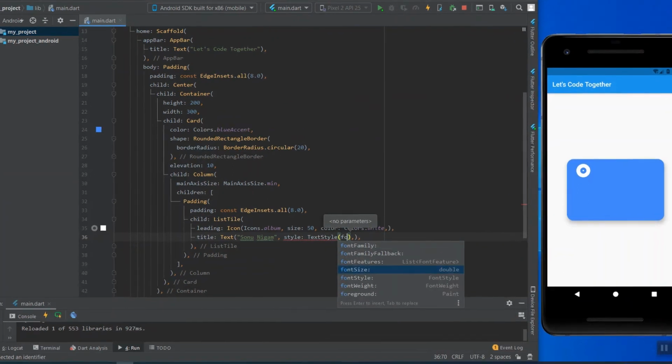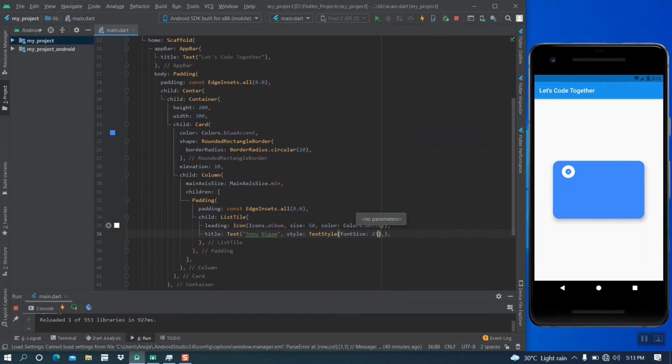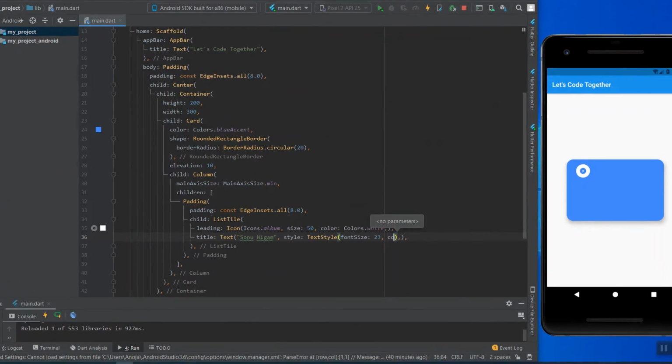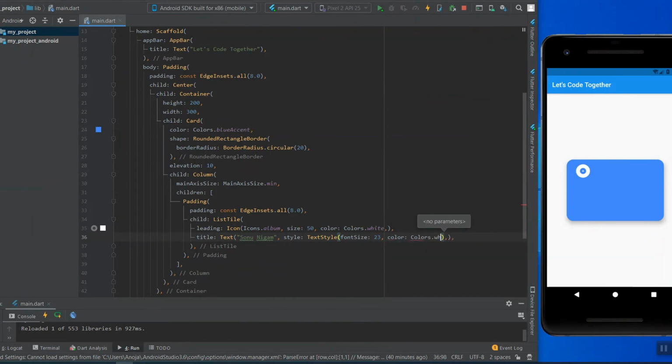I am giving a font size as 23 and I am changing the font color into white.